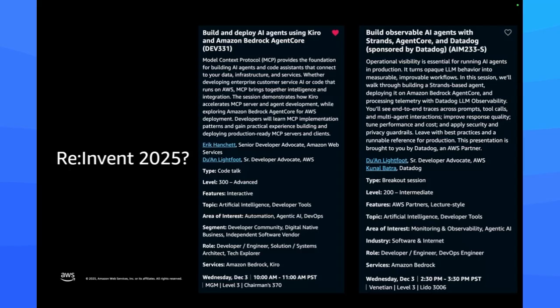The next talk is going to be with Datadog, where we're going to be talking about observability. So we're going to build an agent. You're going to see how this works, but then you're going to really understand how to get granular observability within that agent. So the things that a lot of us care about, once we deploy that agent: how do we know what's actually happening? How do we observe it? And how do we evaluate it? And how do we optimize on it? And this is what this talk is going to be all about.